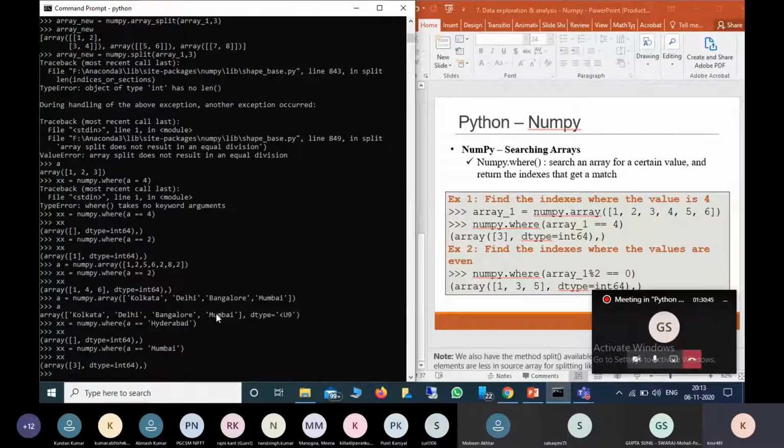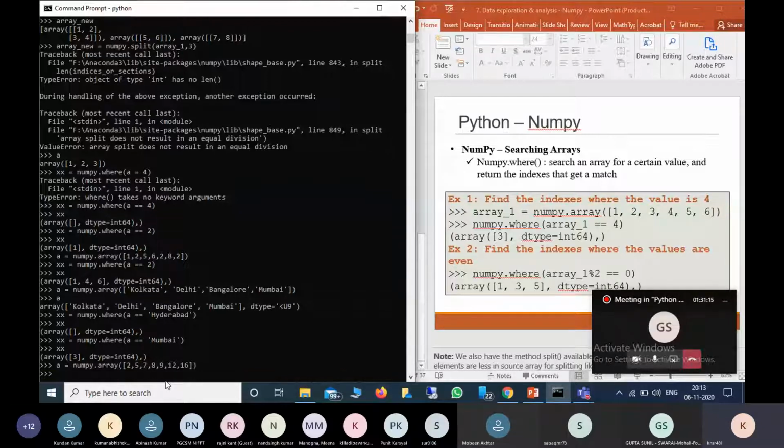So what we can do is we can define a equal to numpy dot array. I can say 2, 5, 7, 8, 9, 12, 16. So this is one array.